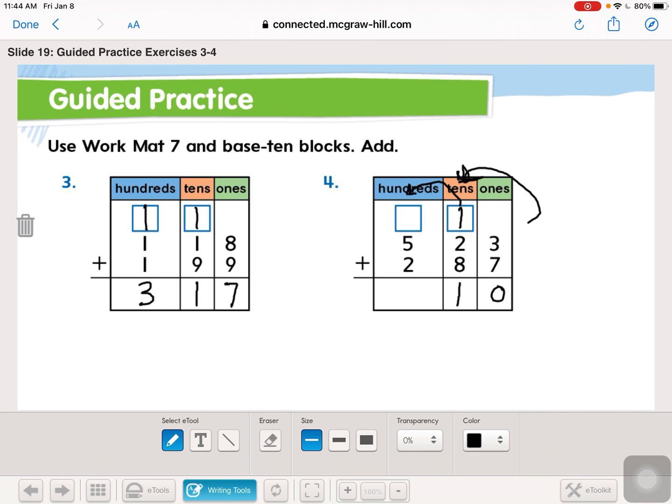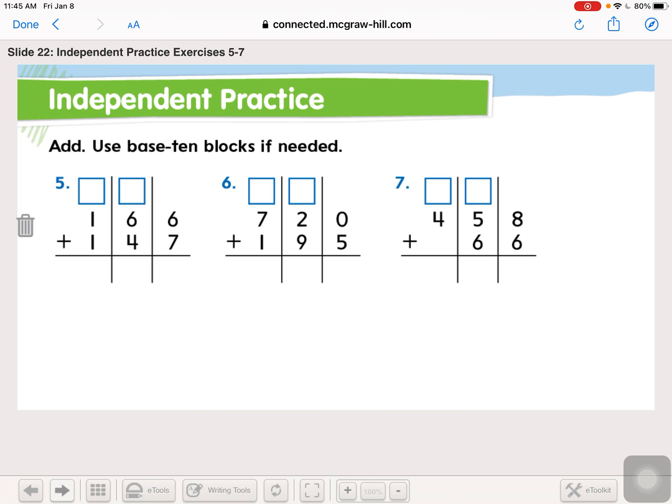8, 9, 10, 11. Now we're going to regroup one set of 100 over here. 5 plus 2 plus 1 is 8. Okay, so now it's your turn. You're going to complete page 385 and 386 and post pictures when you are